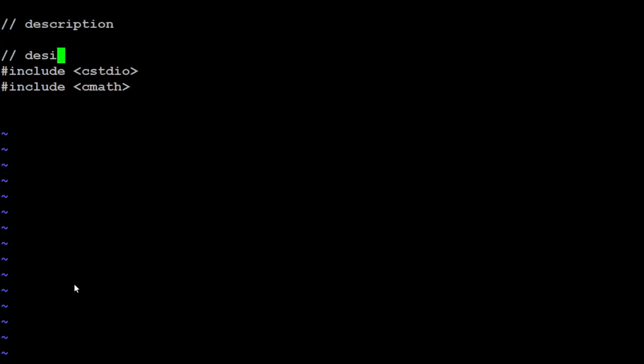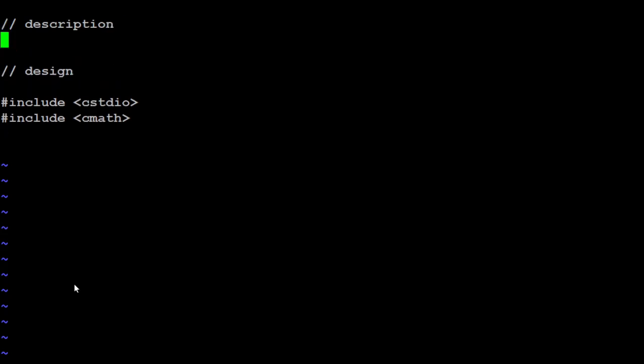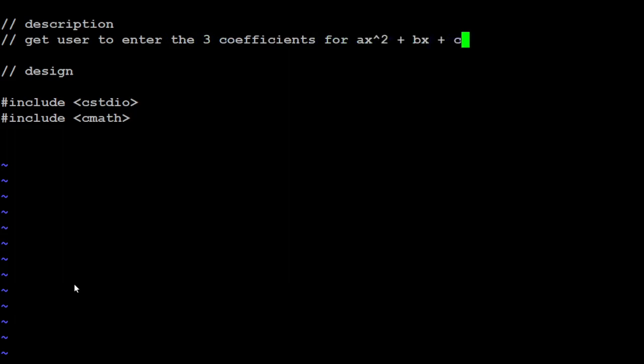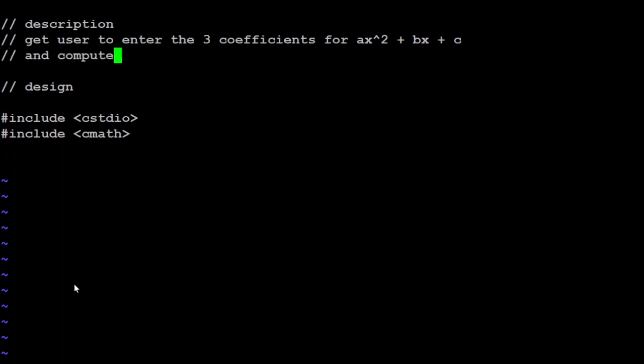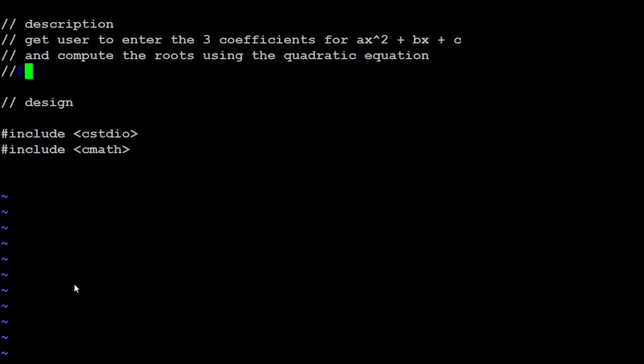And then we'll throw in a design. And then we'll dive into writing the code. So we'll get the user to enter the 3 coefficients for ax squared plus bx plus c, and compute the roots using the quadratic equation. All right, so that was our